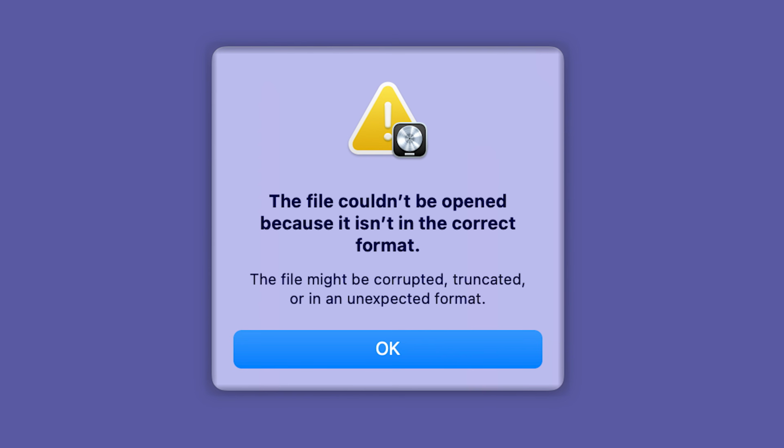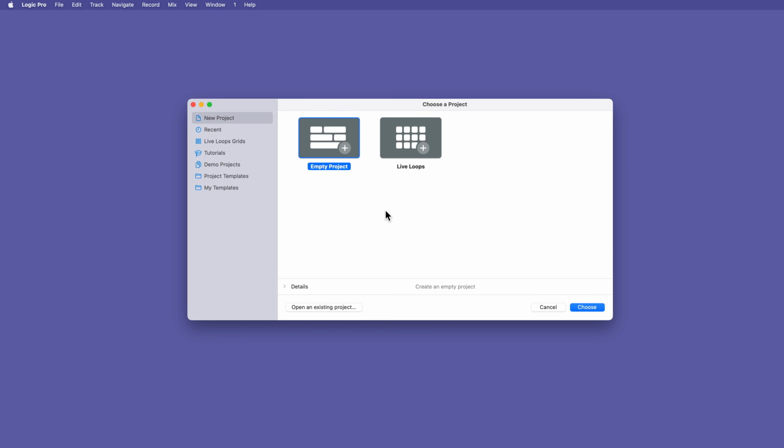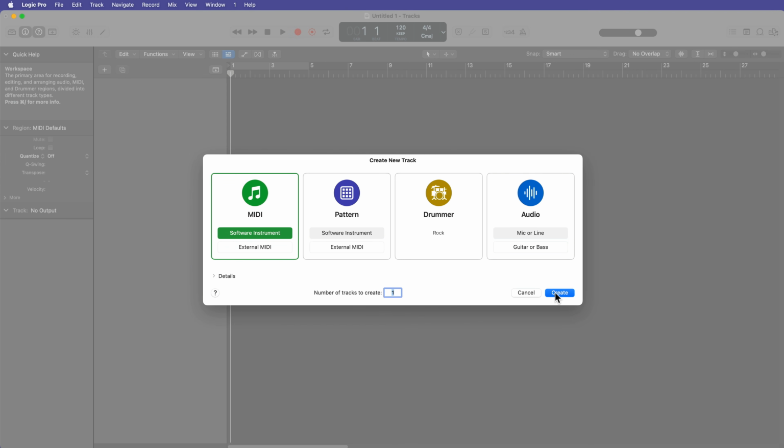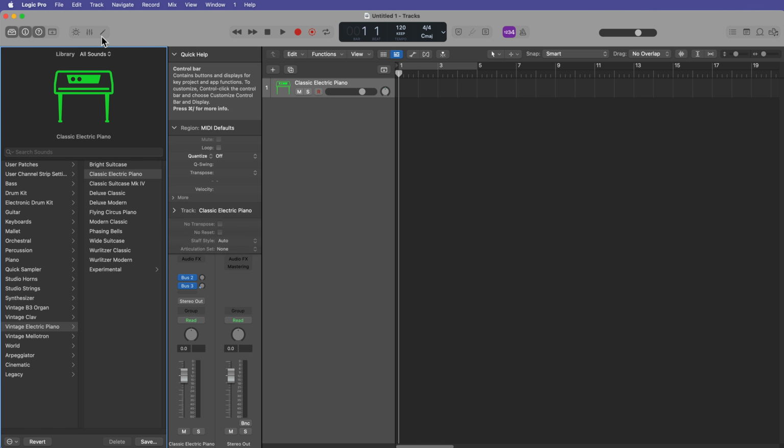Occasionally, you might get a corrupted project, and you get this dialog saying that Logic cannot open this project. This usually means that when sending files from one person to another, the file transfer or the zipping has corrupted the file. Most of the time, but not all of the time, you can actually rebuild corrupted Logic projects. So if it's a corrupted project that's the issue, open up a fresh, empty project. It's going to force you to create at least one track, so just throw a MIDI track in there,